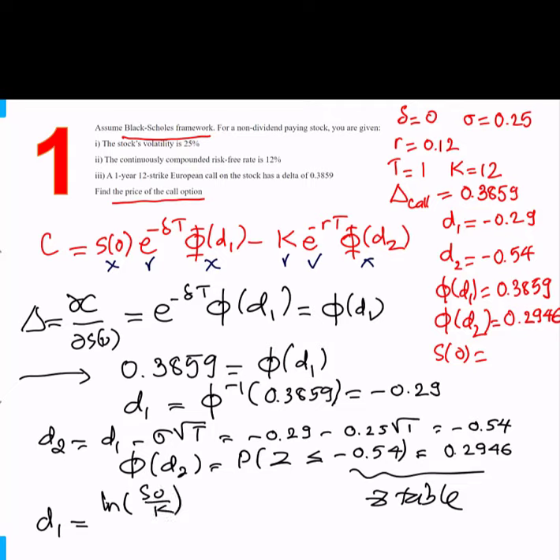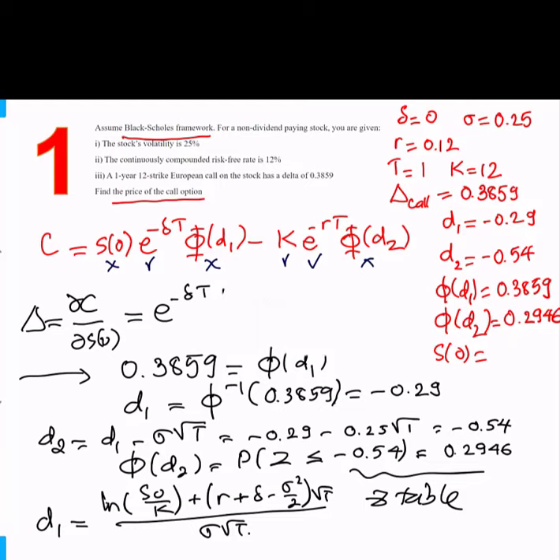D1 is equal to natural log of S0 over K plus R minus delta plus sigma squared over 2, times T, over sigma square root of T, and delta here is equal to 0. D1 is given, T is given, sigma is given, R is given, K is given, so it's very easy to find